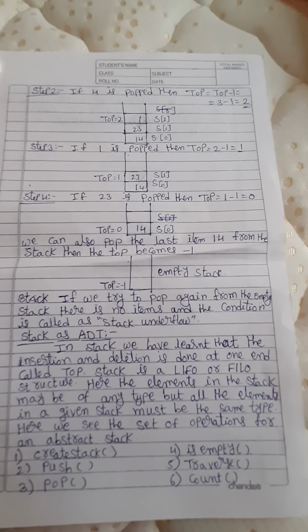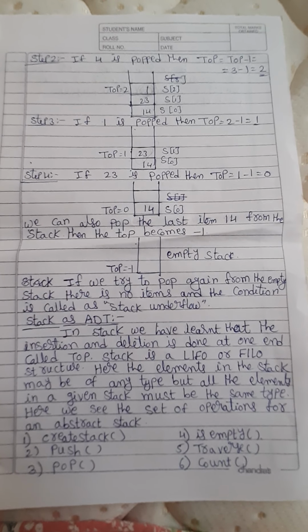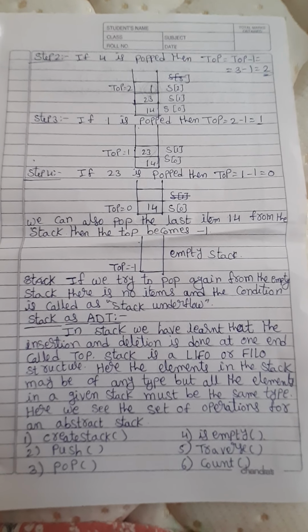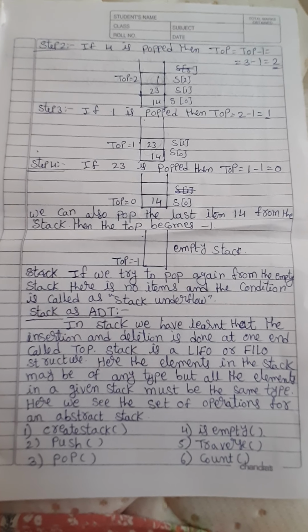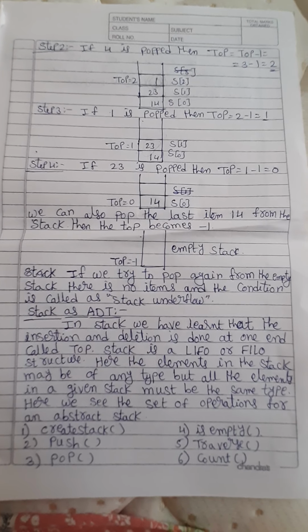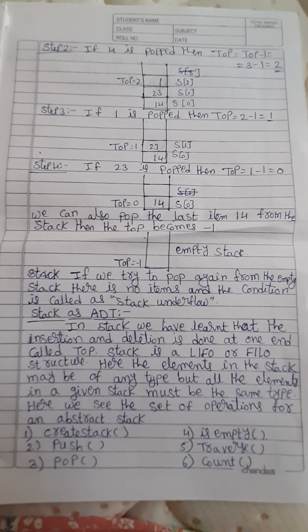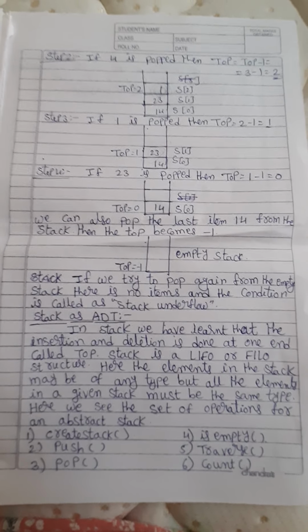Take the example as plates on the dining table. For example, if we have placed all the plates one after the another, like 10 plates, if we have placed all the 10 plates in the dining table one upon the another, if we want to take the fifth plate from the 10 plates, what we have to do is first we have to remove all the 4 plates and we have to keep it aside, then only we can take the fifth plate. We can't move that plate or else take that plate directly without removing those 4 plates.